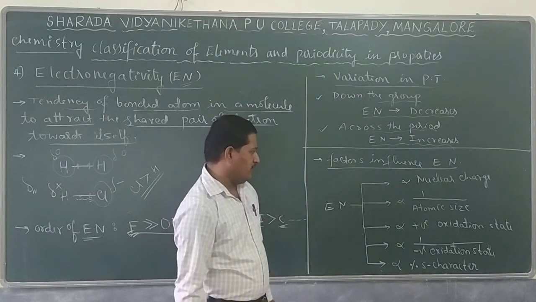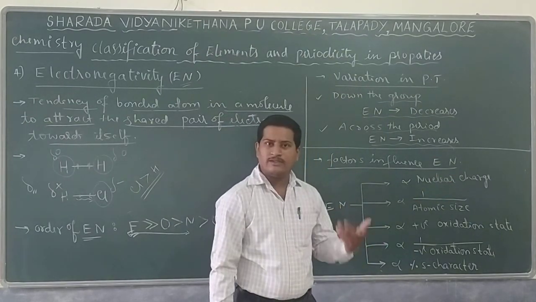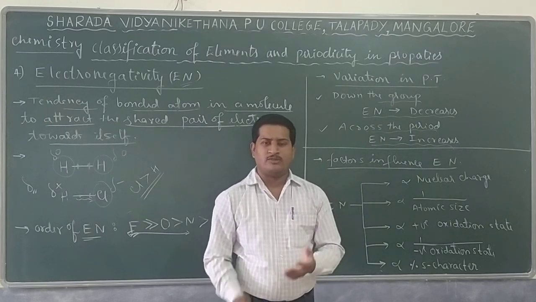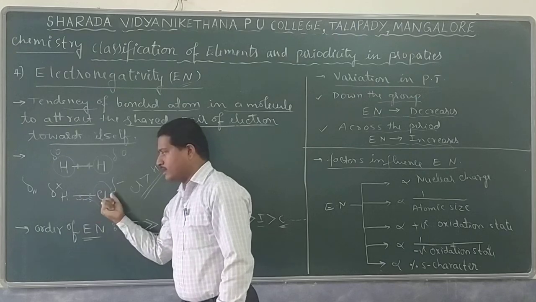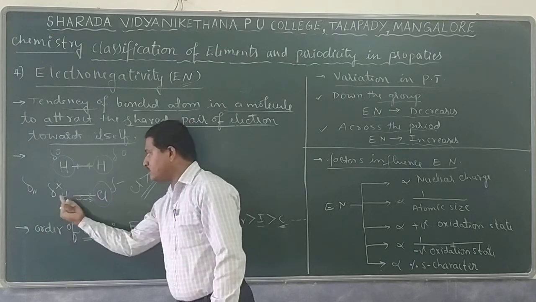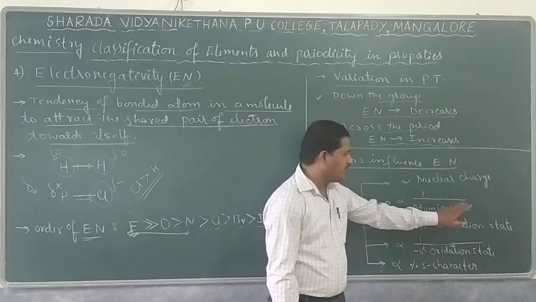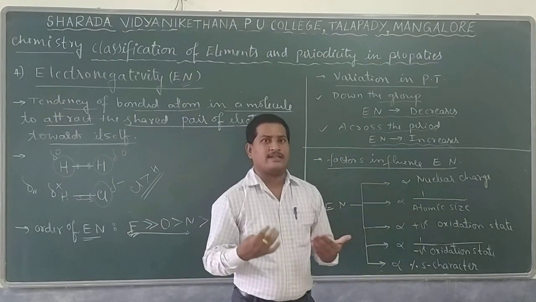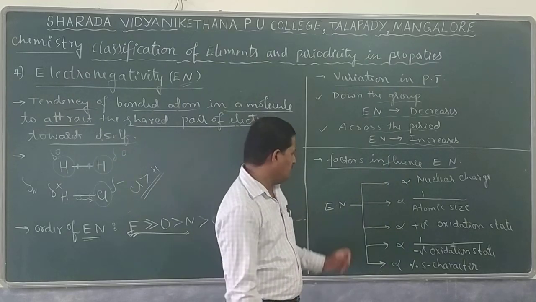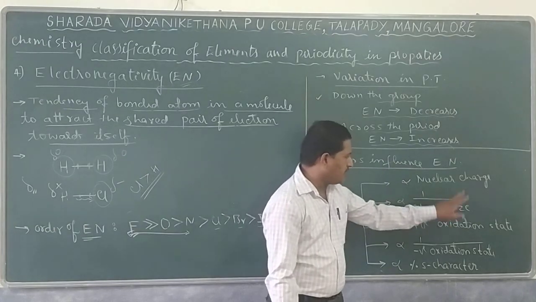It is observed that if nuclear charge is more, then electronegativity value is also more, because if nuclear charge is more, it attracts the shared pair of electrons. Here what we find is that chlorine attracts electrons because its nuclear charge is more than that of hydrogen. Okay. Next, it is inversely proportional to the atomic size of an atom. The bigger the atom, the less attraction towards itself, as a result electronegativity is less. So electronegativity is inversely proportional to atomic size.